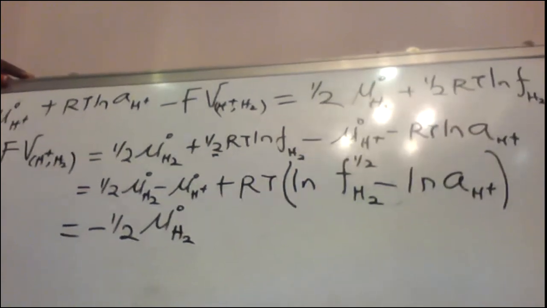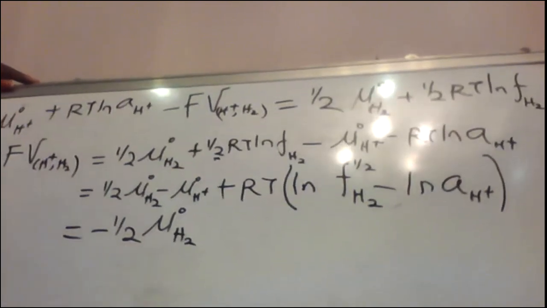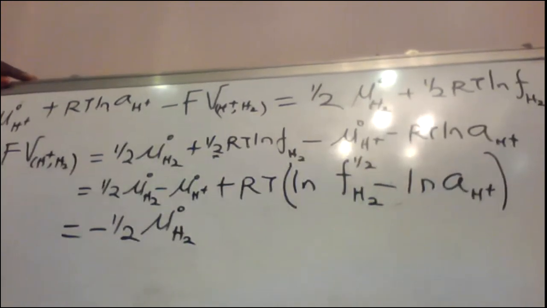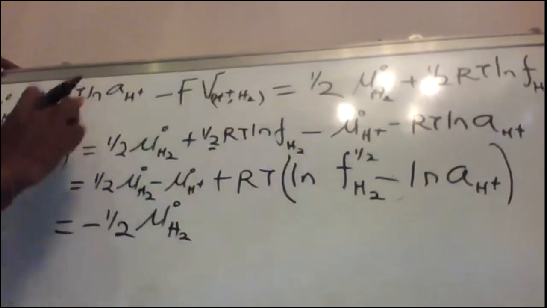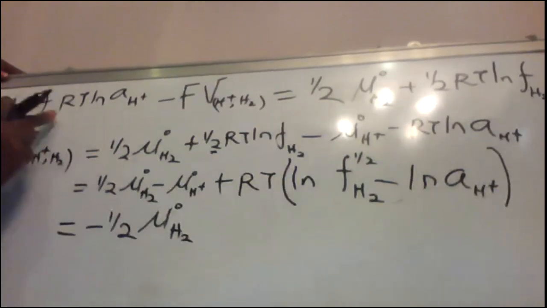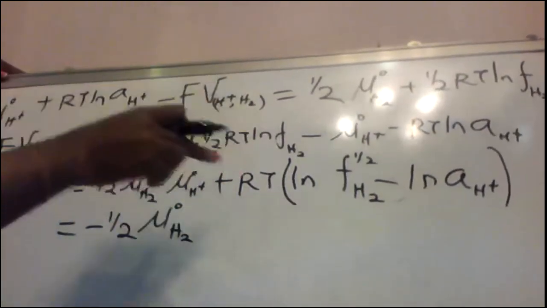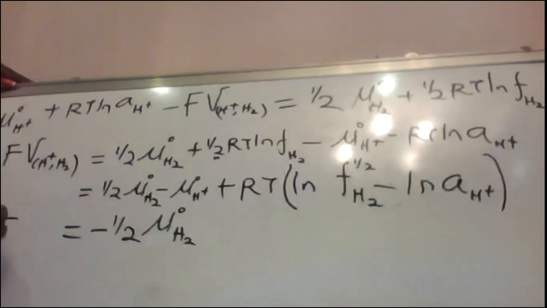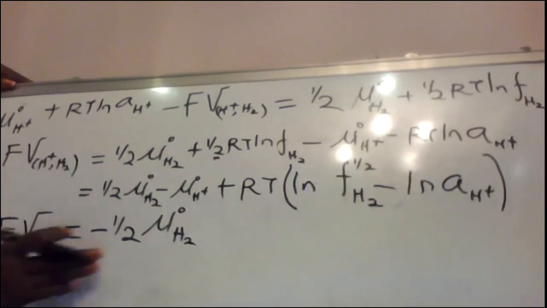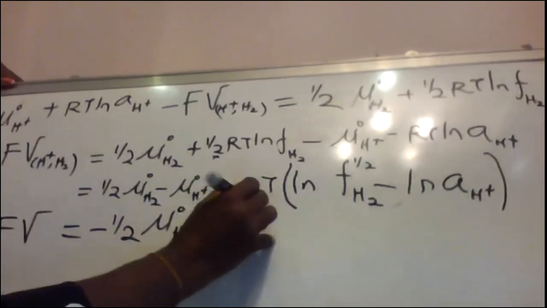All right, so I want to make my mu naught H plus positive. So I want to multiply this through by minus. What I could have done here is to collect these terms such that this is mu naught H plus. This comes here and this goes the other way. So what I'm doing now is this minus, I'm taking it to this side. So instead of minus FV, this is FV, right? So I'm dividing it through by negative. I hope you understand. So this will become mu naught H plus